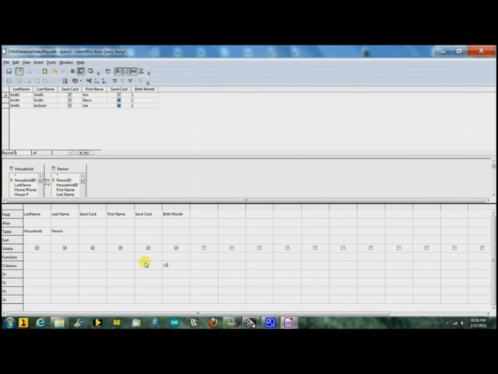So I'm going to go over to the send card field for person. Now notice I have 2 send card fields. This one was the household send card field. That one was the person send card field. I'm going to go over here and say